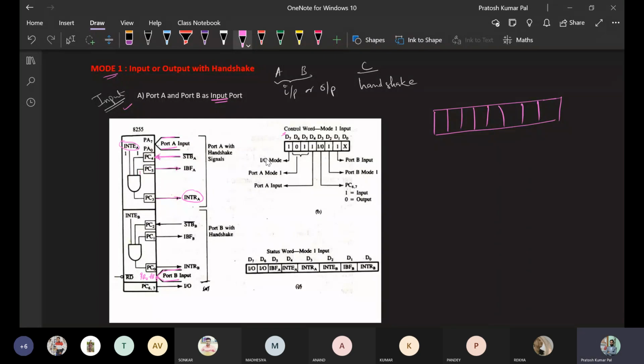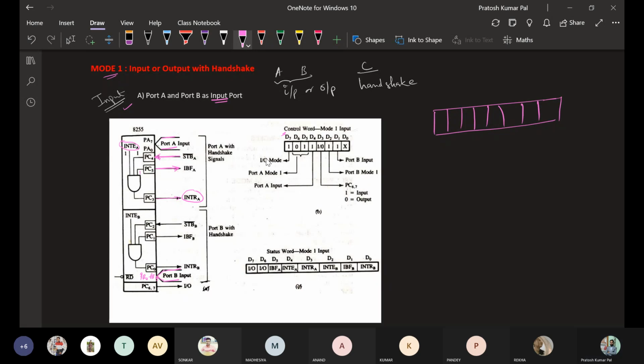it will activate an output signal that is called IBF, that means input buffer full. So initially the buffer was empty. When 1 byte of data was sent by the peripheral device, that buffer is full, then a signal will be indicated by the microprocessor that the input buffer is full now. Okay.